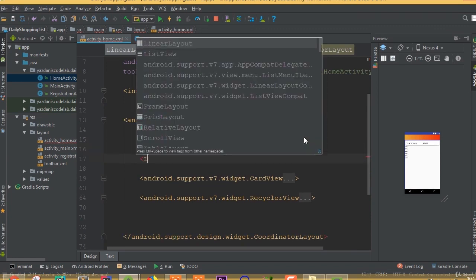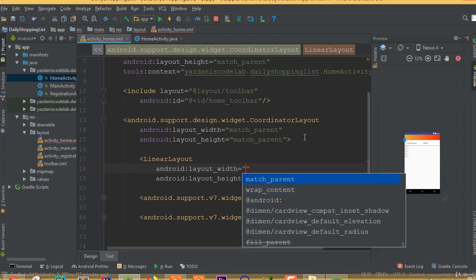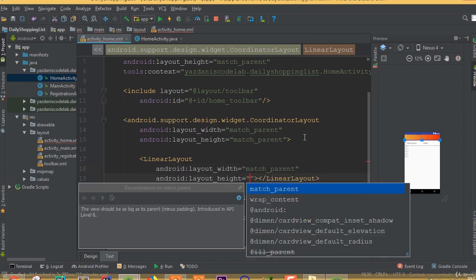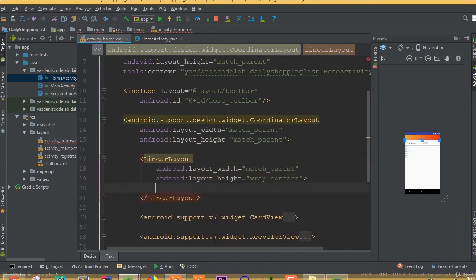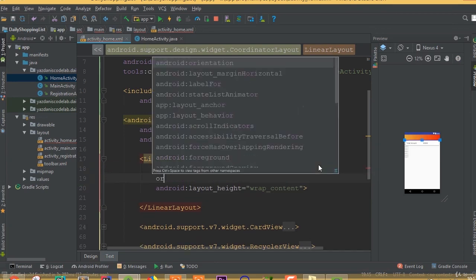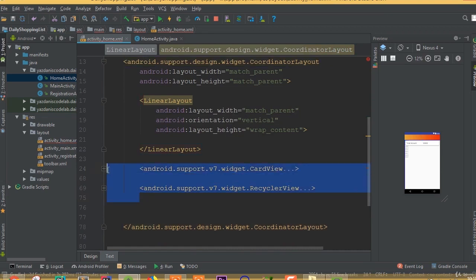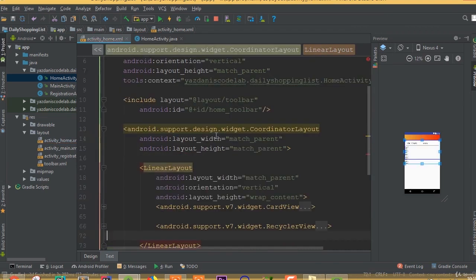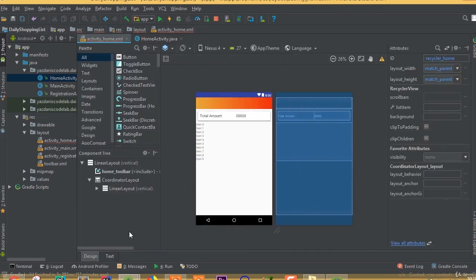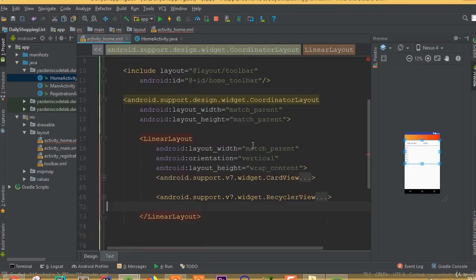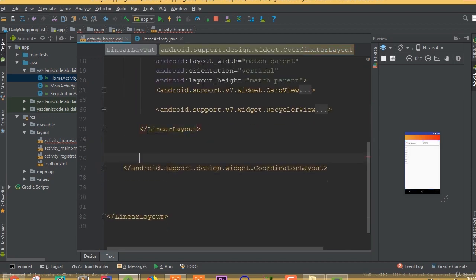So create a linear layout. So linear layout, width match parent and height wrap content, and add orientation vertical. And inside our linear layout, we need to paste all this card view and our recycler view. So now we need to change our linear layout height wrap content to match parent. So height match parent,